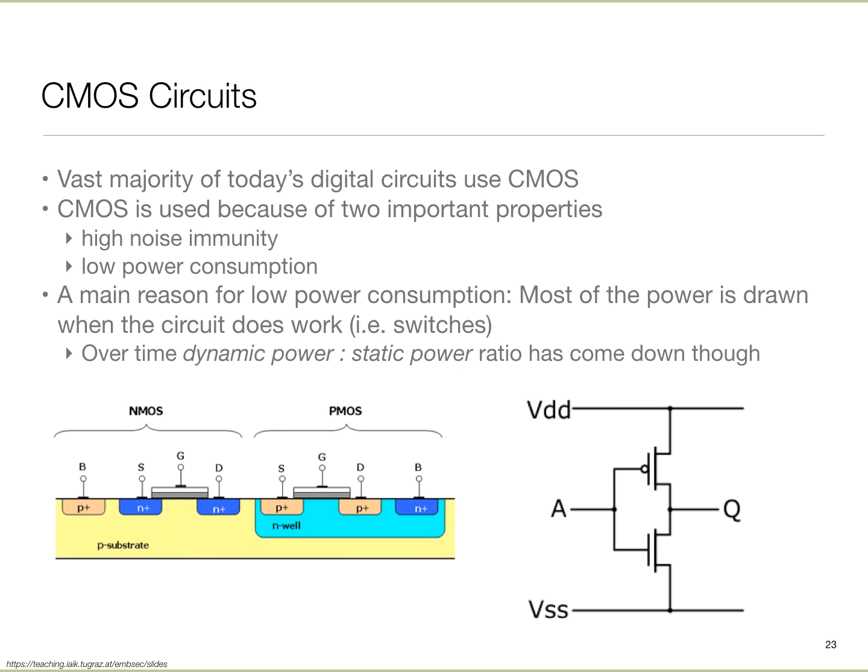Now, what has also happened is that in recent times, that leaking power has gone up as a ratio. It used to be that we could basically say the whole thing is effectively 0 power other than when it is switching. Now we would say maybe half the power is that leaking power and the other half is the dynamic power. So that's kind of the CMOS level story.